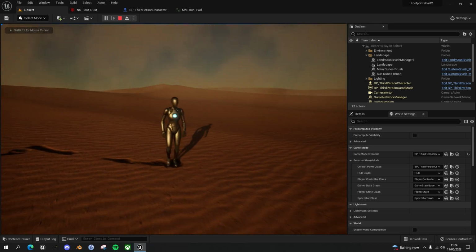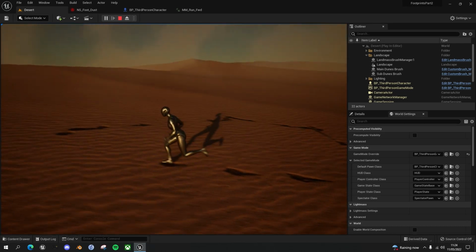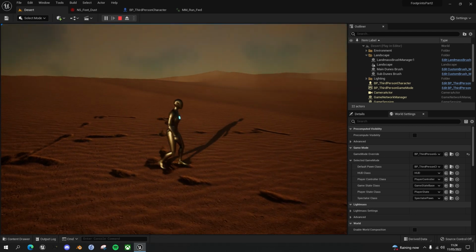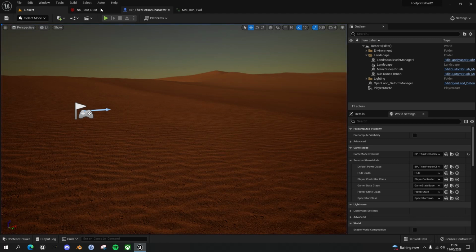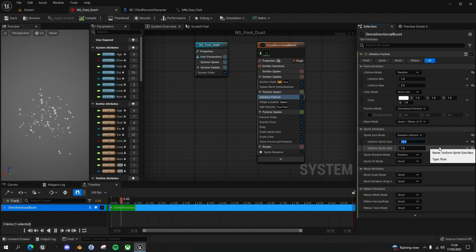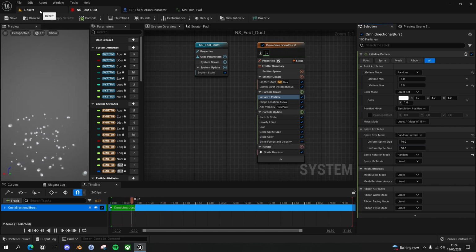And if you go into play now, you'll think that nothing's happening, but that's simply because the dust particles are too small to see. So we need to increase the size of them. So come out of play mode, go to your Niagara system, and if you select the initialized particle on the omnidirectional burst, you'll see that there's a sprite size here. So if we choose it between 10 and 30, for example, to make them bigger,